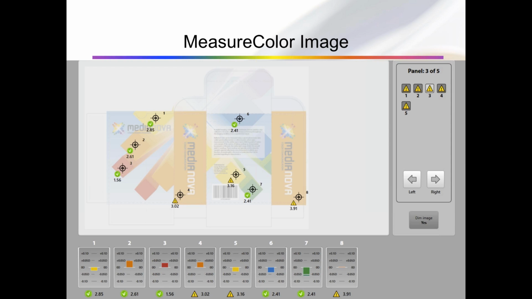is printing on screen. It'll show them via these crosshairs where they're intended to measure, and then as they take their measurements, they can see what we call the localized delta E. So that's the delta E at that particular location that they've been instructed to measure, or that their print buyer wants inspection reports. So here very quickly we can see where the problems are. Looks like locations 4, 5, and 8 all have caution signs. We can see the delta E's, and then we could click on those areas to see what's specifically going on, as well as having ChromaTrack give us a recommendation of how to get back on track.